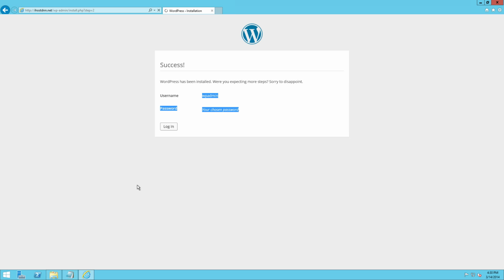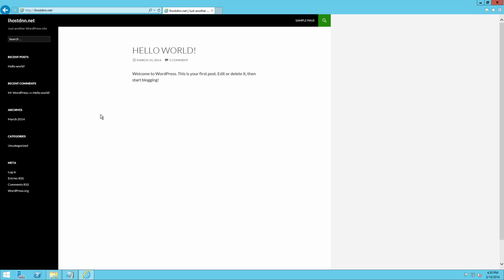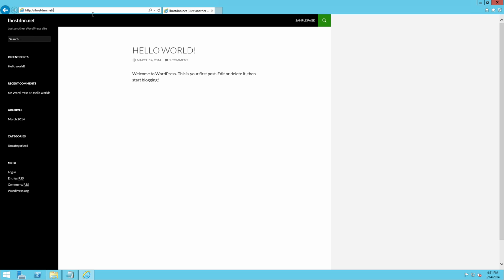If we hit login, it should actually take us straight to the login page, which you can see WordPress actually uses a specific URL. You have to actually go to this URL. If you were to just go to your website at this point, I'll just cut this extension real quick with a cut option. I just want you guys to see what it looks like when you go to the site normally. You're actually going to see the website. So this is what your WordPress site actually looks like at this point when you go directly to the URL. And you'll notice there's not really a login button on the front page of a WordPress like there would be with other content management systems you may be used to. You have to actually go to this specific URL,